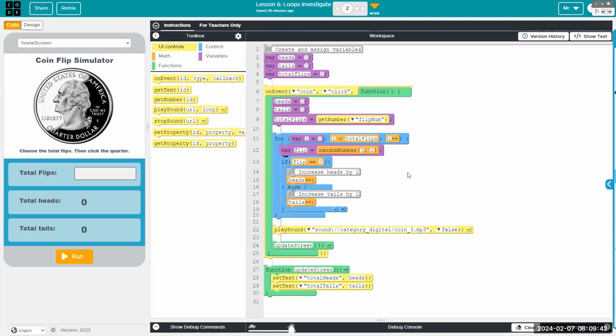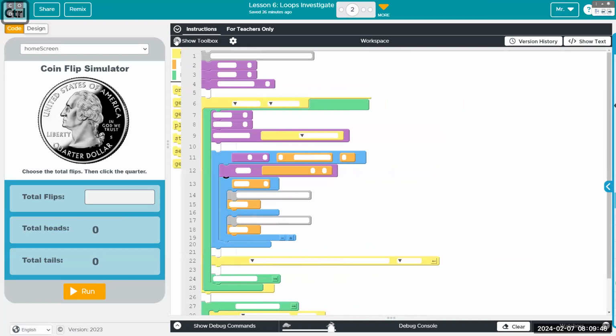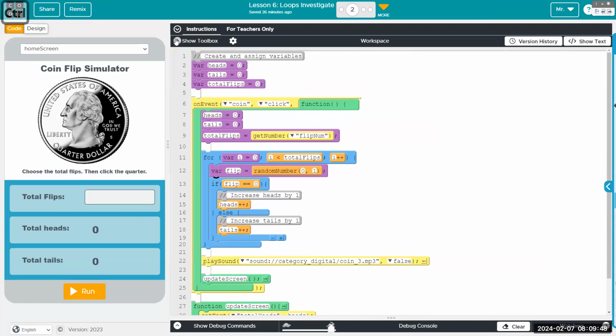Random number 0, 1 will return either a 0 or a 1. In real JavaScript, random number 0 to 1 will return a decimal between 0 and 1, for which you would need a math.floor or math.round situation in order to get a 0 or a 1.